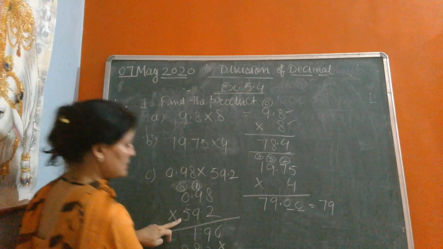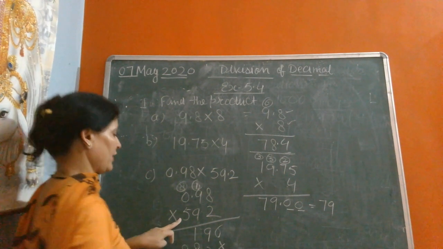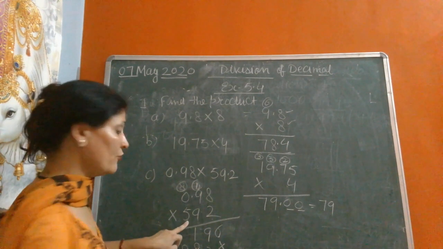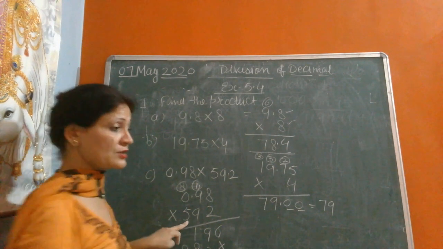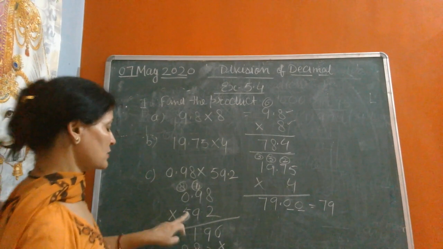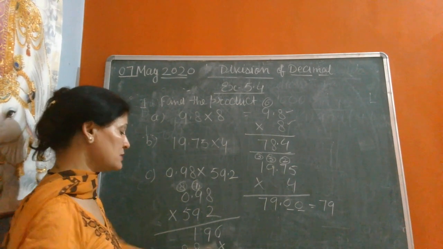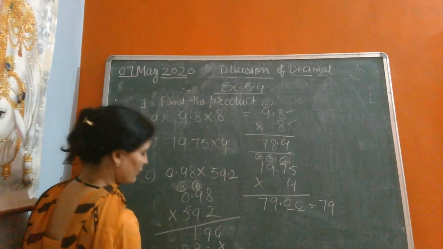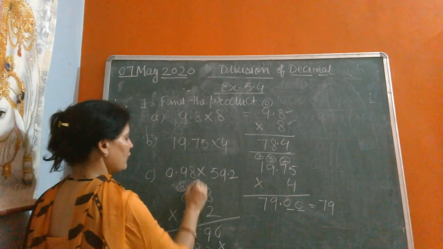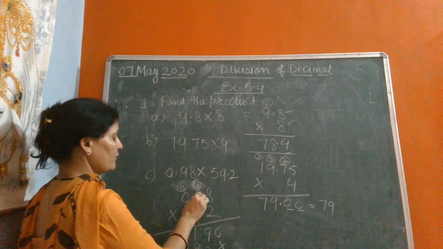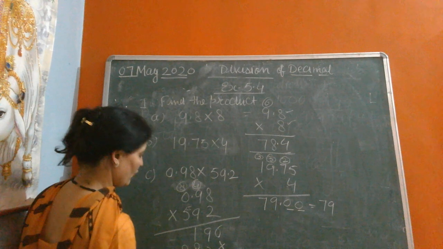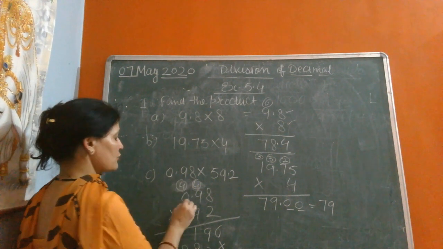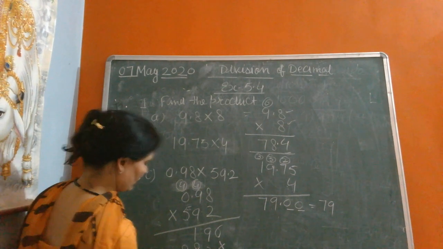Now we will start multiplication with 5. This is the third digit, the hundreds place. Now we will start multiplication with the hundreds digit. So we will put 2 crosses below the ones and tens. Now multiply by 5 with this number. 5 8s are 40. 40, write 0, carry over 4. 5 9s are 45. 45 plus 4 is 49. 49, write 9, carry over 4. 5 zeros are 0 plus 4 is 4.